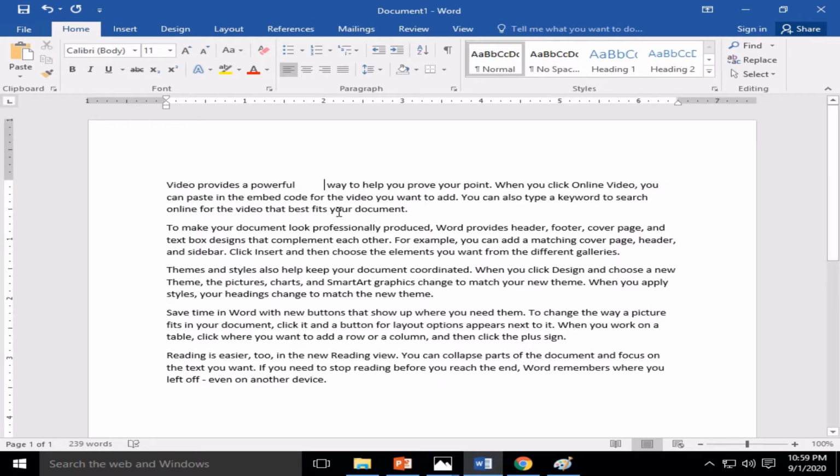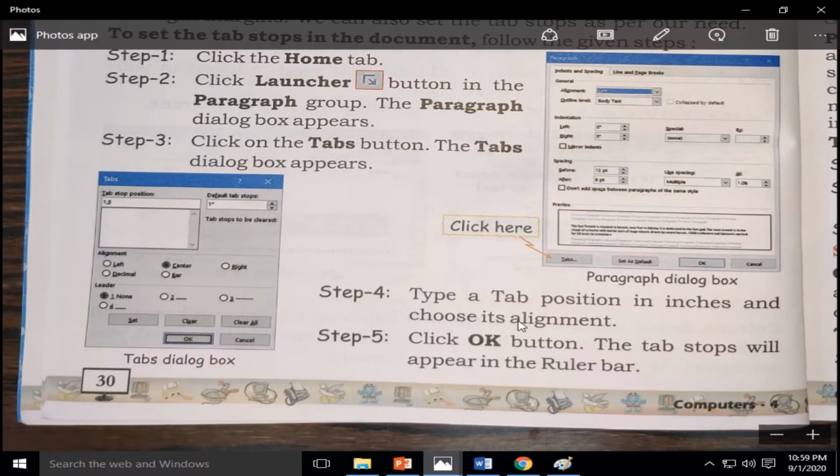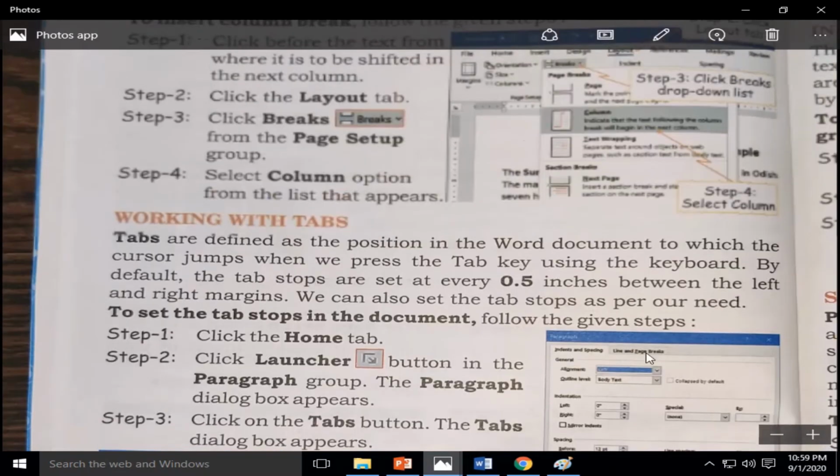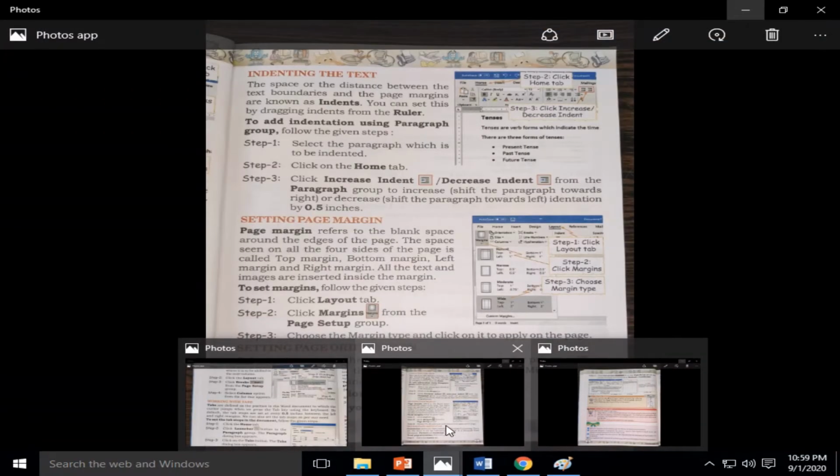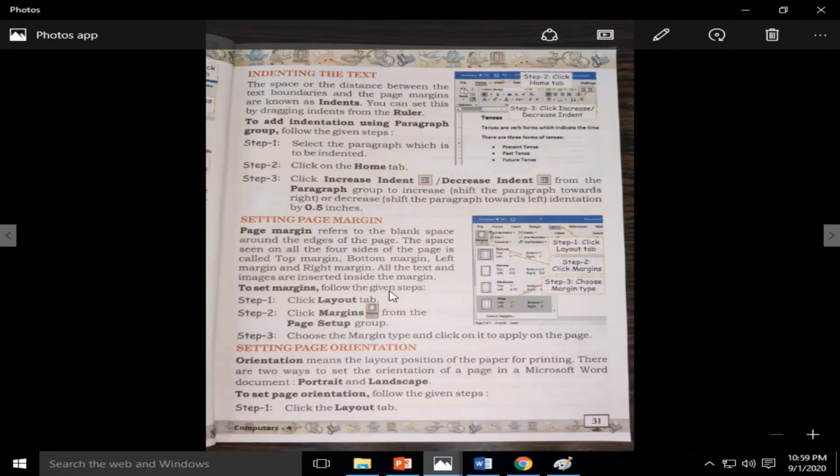You see only this much space the cursor jumps. The cursor jumps only by 0.5 inch. And if you set more inches, the cursor will jump by more inches. So, I hope it is clear. The jump of the cursor is called tab.